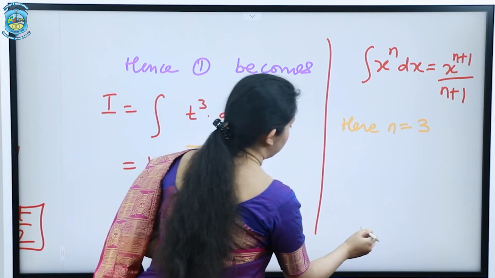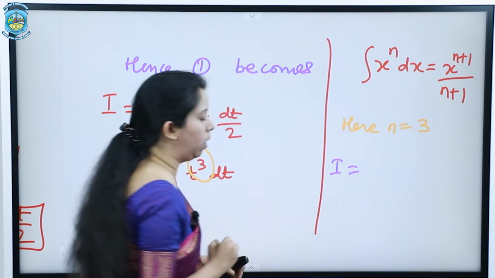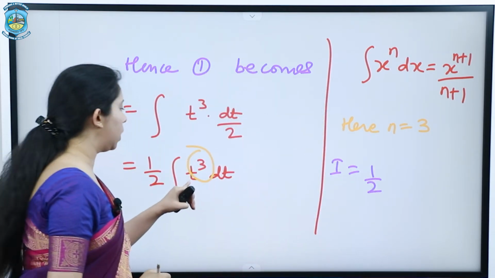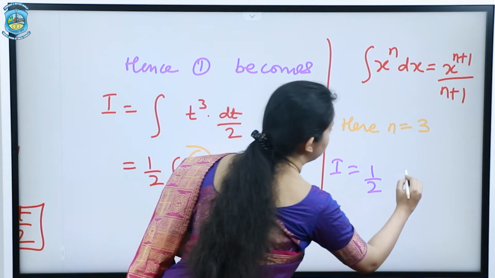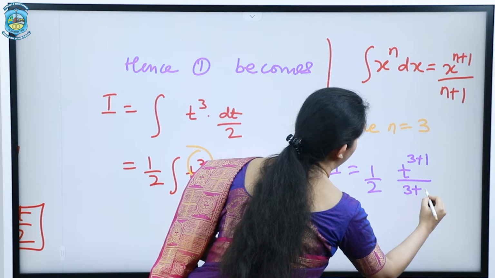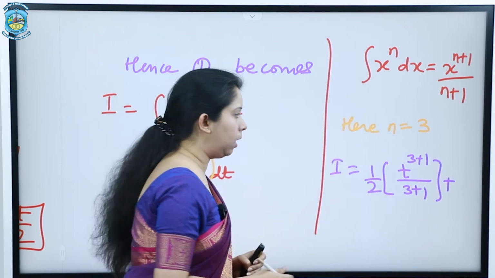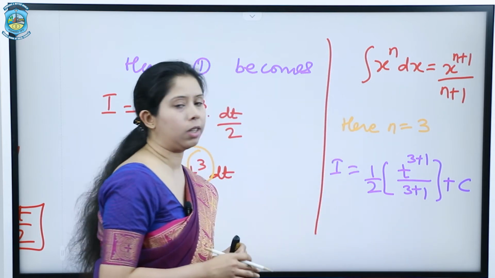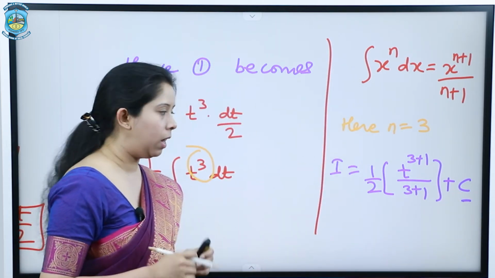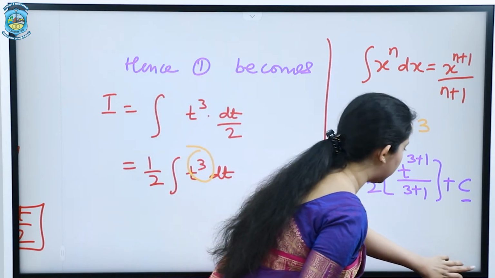So substituting the value, what we'll get? I, in the left hand side we are having I, and that is equal to 1 by 2 integration of t cube, by that formula will give us t raised to the power 3 plus 1 divided by 3 plus 1. And also one more thing, since we are dealing with indefinite integrals, we'll have to write the constant of integration that I have not mentioned in the previous question, but there also you'll have to add the constant of integration. So last step is to replace the value of t with the original function.